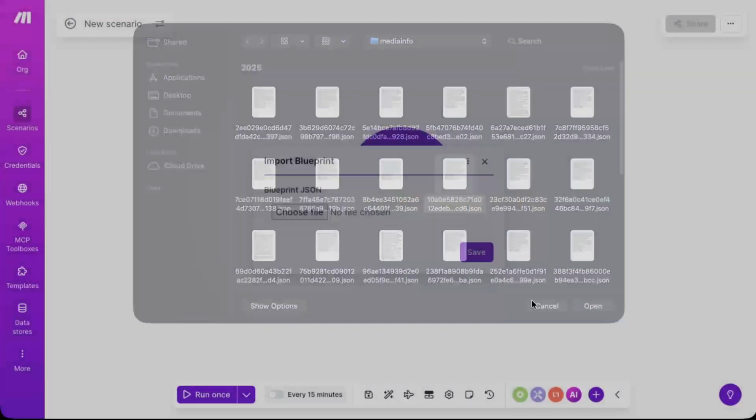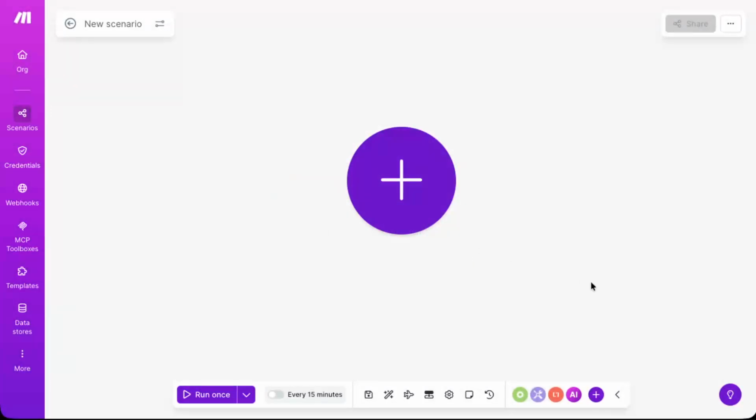Make will process the file and load the full scenario structure onto your canvas. From there, you can review the modules, connect your apps, update any credentials,